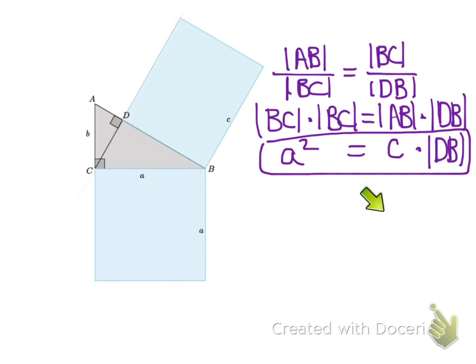And so on the right side of this equation, we notice that length BA, or AB, is C. So here's BA, that is equal to C, and that's right here. So we substituted that. So we had C. And so this,